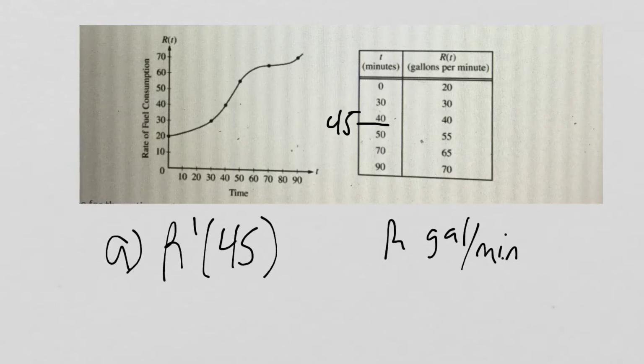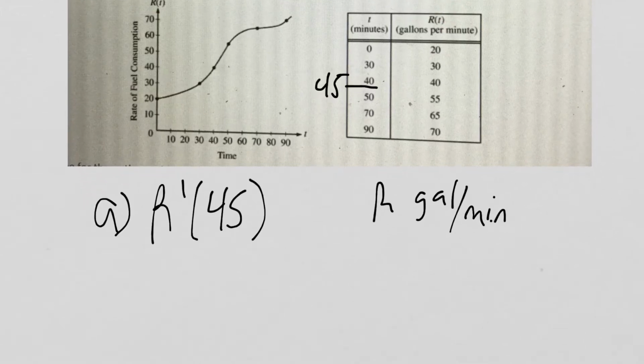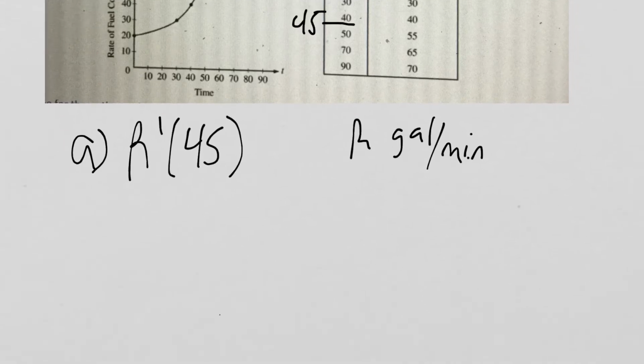We're given a nice data table and graph showing R of t, which represents the rate of fuel consumption. The first question is asking about R prime 45. The first thing I want to recognize is that the units of R of t are gallons per minute. So the rate of change of R is going to have to be gallons per minute per minute. So the first thing I'm going to write is gallons per minute squared,